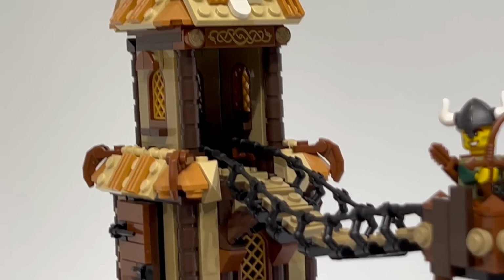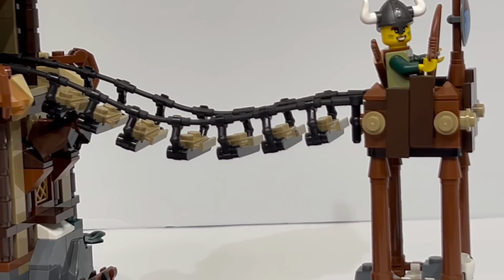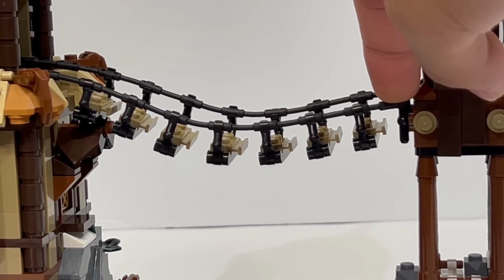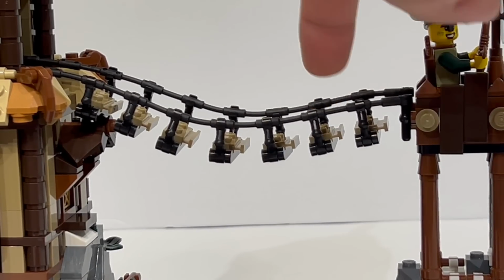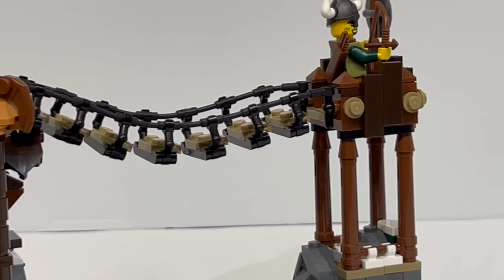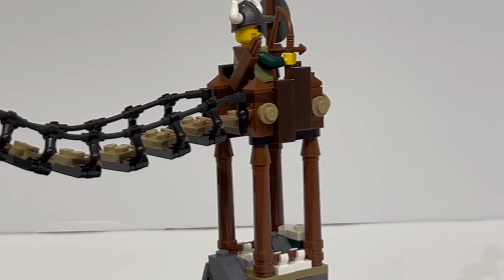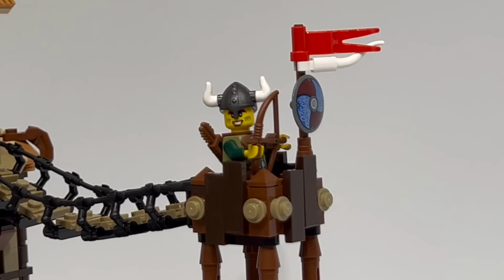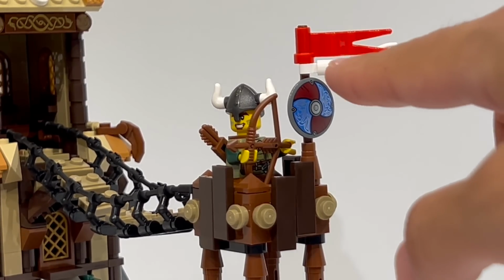From there, you move across the rope bridge, which looks really great. I do like the utilization of these slightly newer rubber pieces here, which just attach onto Ninjago's skeleton arms and then attach onto these pieces for the actual bridge itself. It seems like a bit of a rickety bridge, but it definitely does fit the look and feel of this set. And then you have your archer atop the watchtower here,